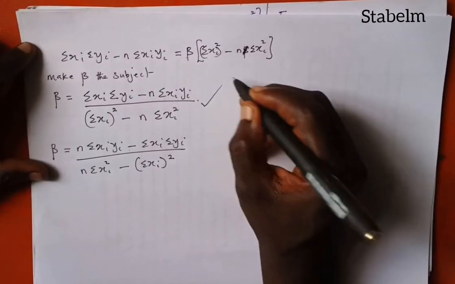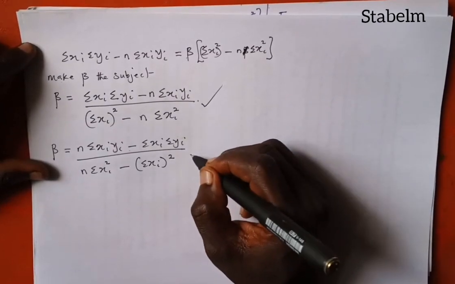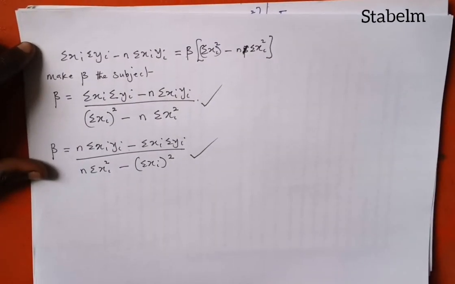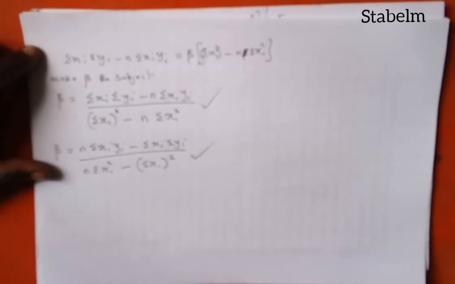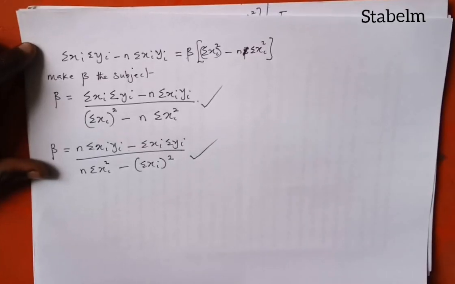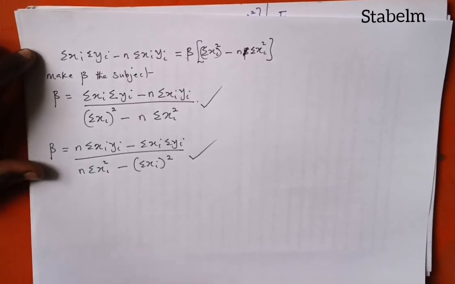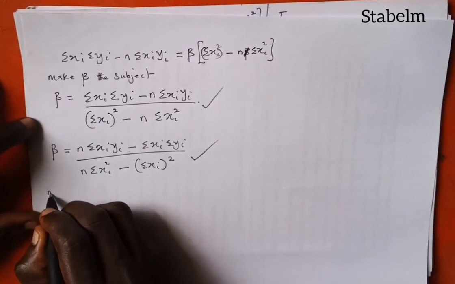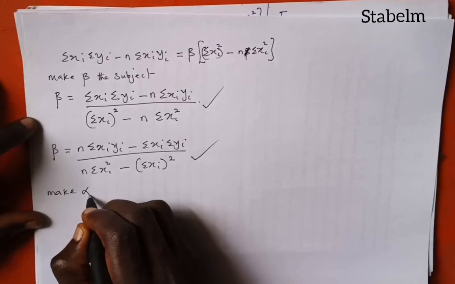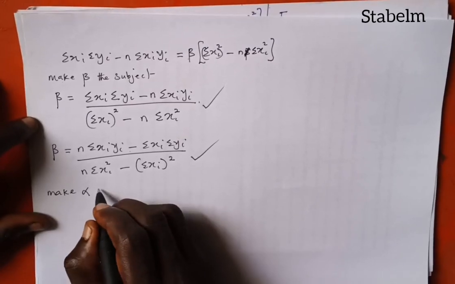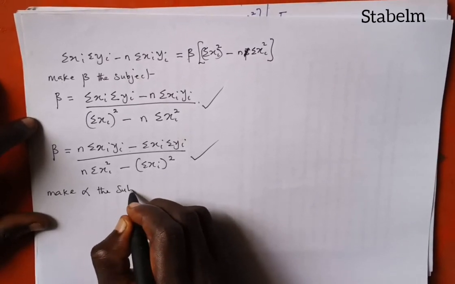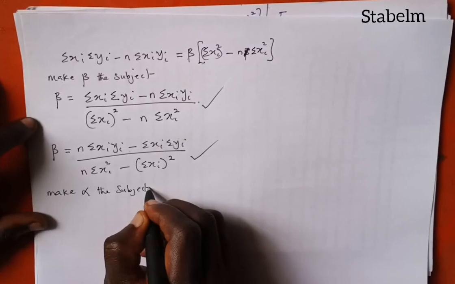If you put it this way, it is correct. If you put it this way, it is also correct. Now we've already gotten the value of our beta. Now we need to find alpha. Make alpha the subject